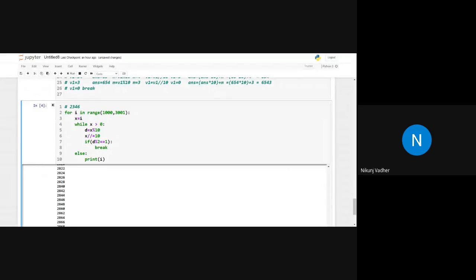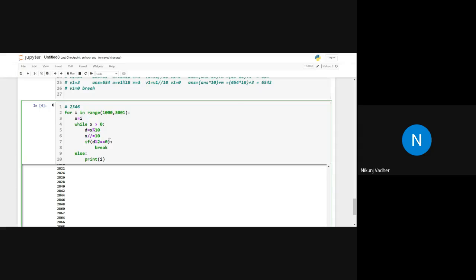But we can also check if it is even, right? There are only two possibilities: either it is even or it is odd. If it is odd, then it is not even, and if it is not odd, then definitely it is even. Here we have checked whether the number is odd or not. So if you want to go with d modulo 2 double equals 0, then you have to take one flag variable, and after each iteration you are supposed to check.